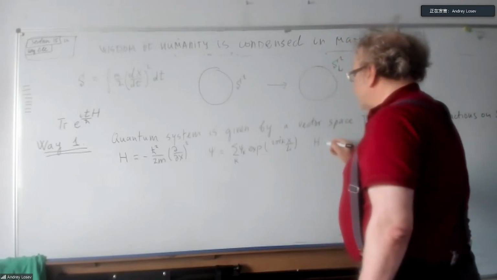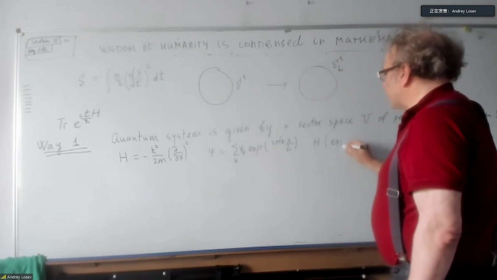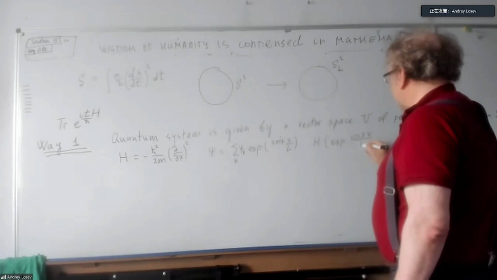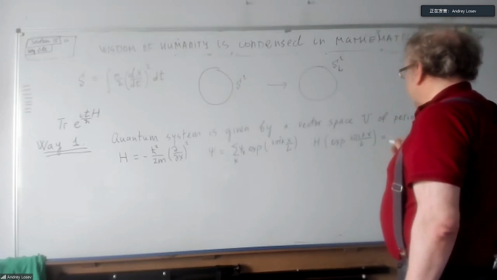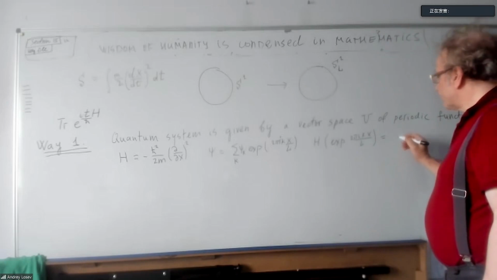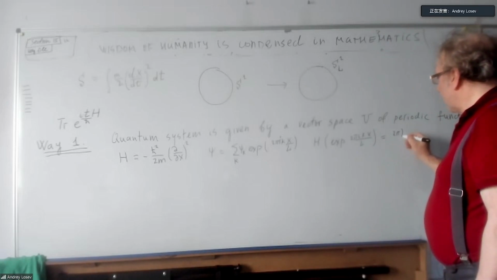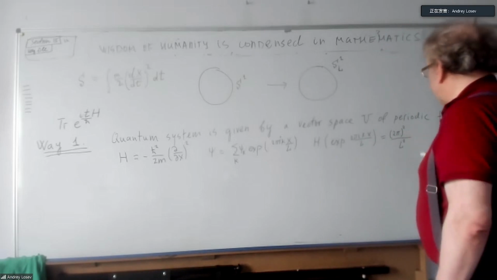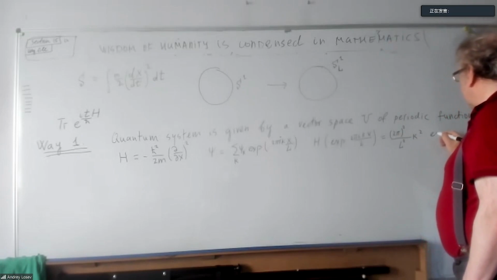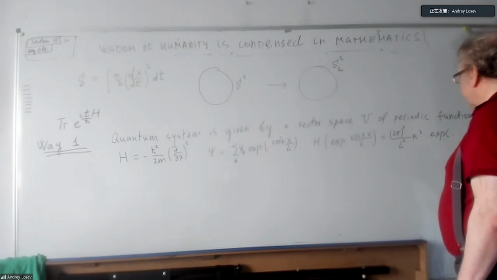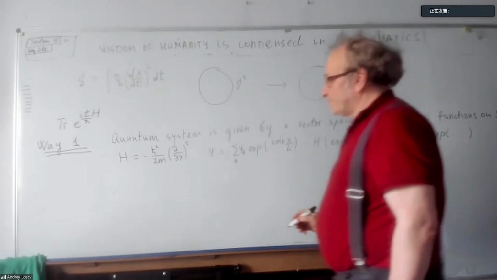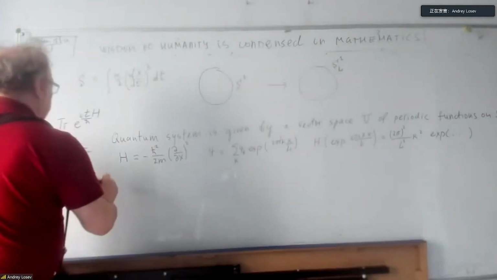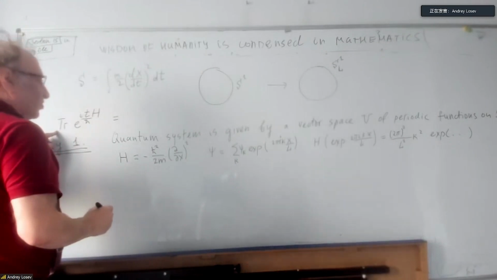So H applied to the exponential 2 pi I k x over L equals 2 pi squared over L squared, k squared, times the same exponential. So that's why the trace of this object is